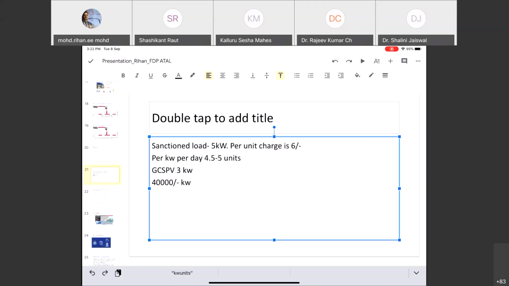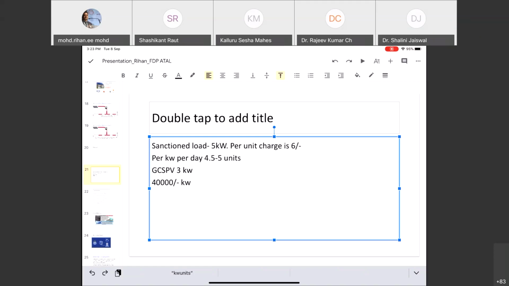So that is how net metering makes it beneficial. For example, in most of the houses, what happens during the daytime, it may happen that people have gone to schools and offices and the load is less during the daytime as compared to the evening hours. So what is happening during the day?